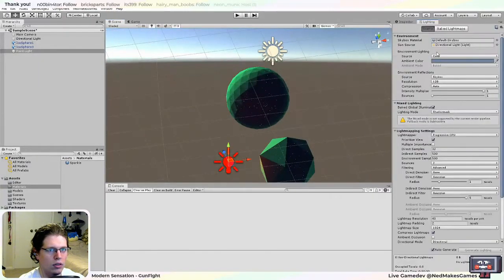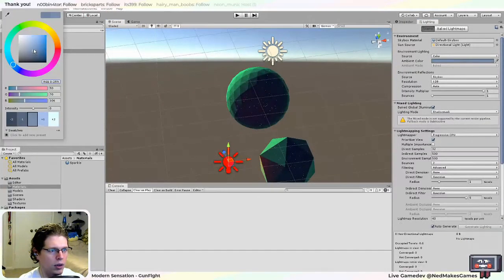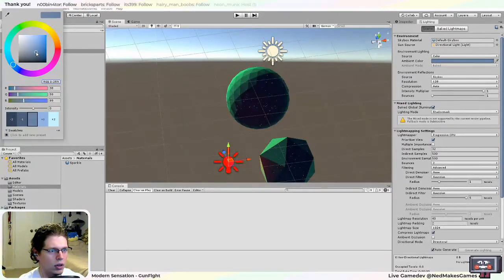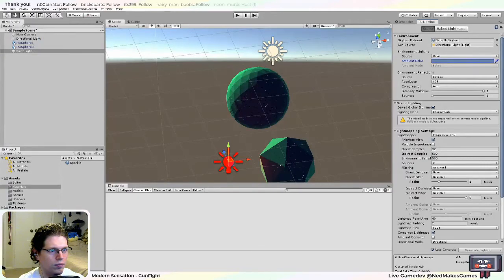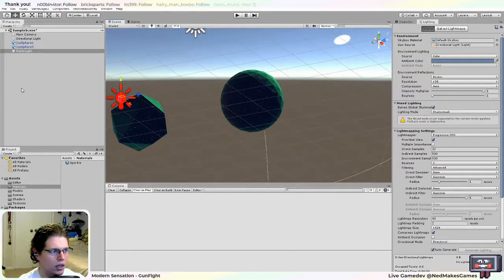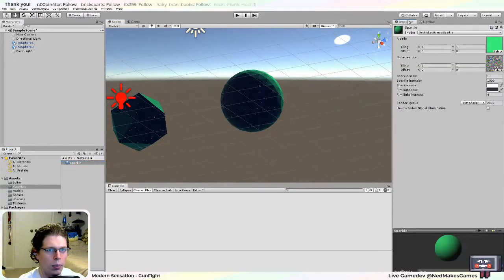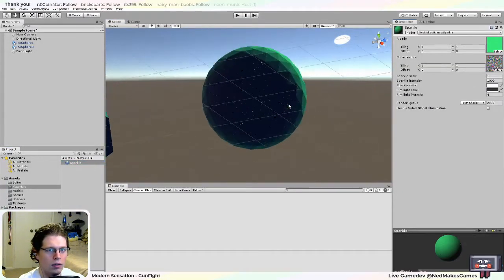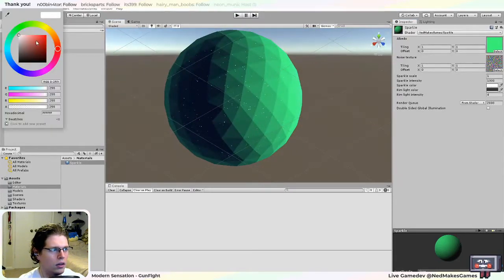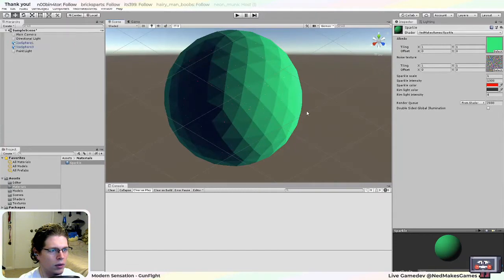So if I go into here and turn up the ambient lighting, it affects the models. And then finally I added a color for the sparkle so that it doesn't have to just be pure white. So if I wanted red sparkles for whatever reason,